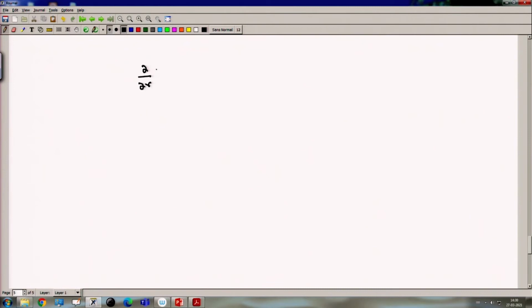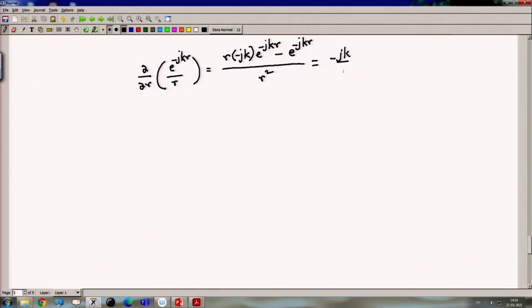So, ∂/∂r of e to the power minus jkr by r is r minus jk e to the power minus jkr minus e to the power minus jkr by r square, that is minus jk by r e to the power minus jkr minus 1 by r square e to the power minus jkr,